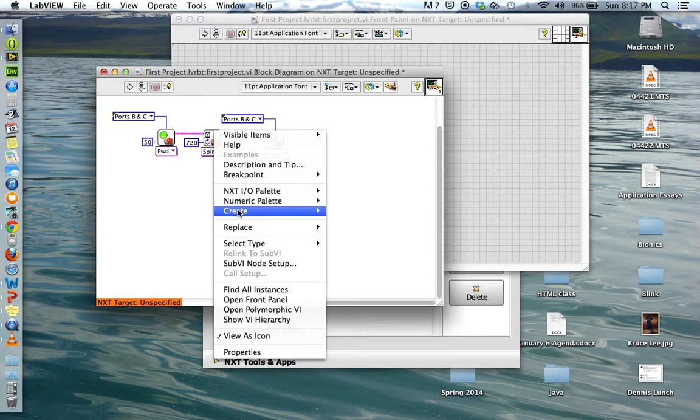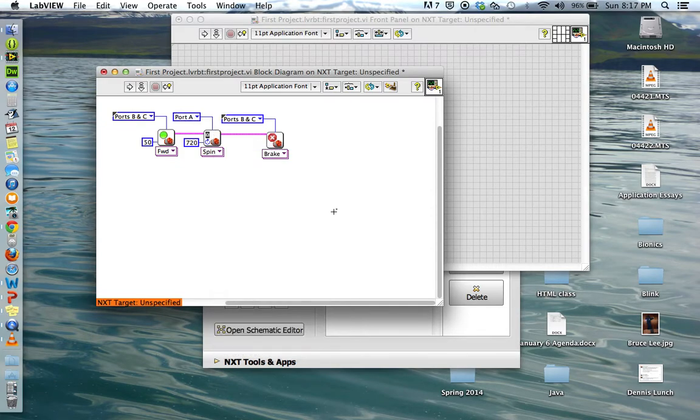So I create a constant, and I have to choose A, B, or C. Either B or C is fine. Those are the motors that are working. Actually, one thing I'll have you do during your next experiment is change this to port A and see what happens. But to get things started, choose B or C. Either motor is fine. And now save this program,